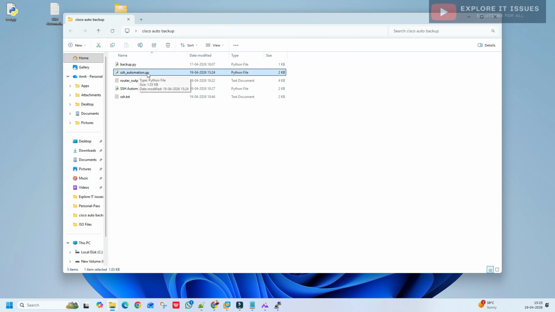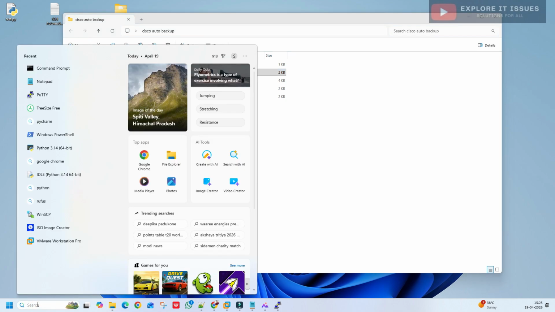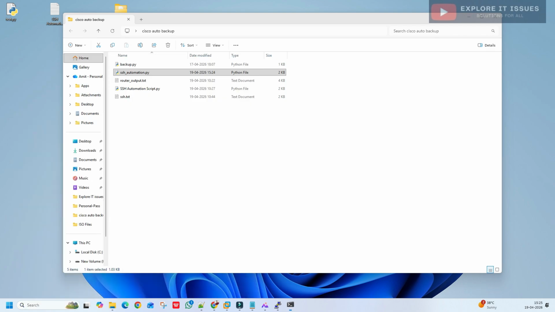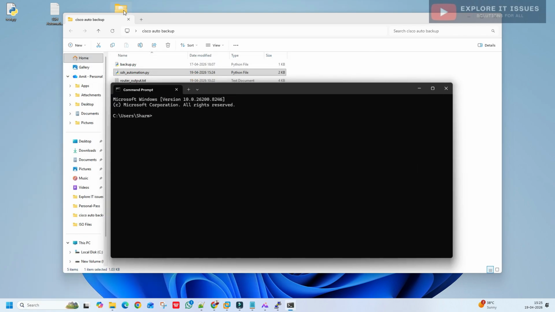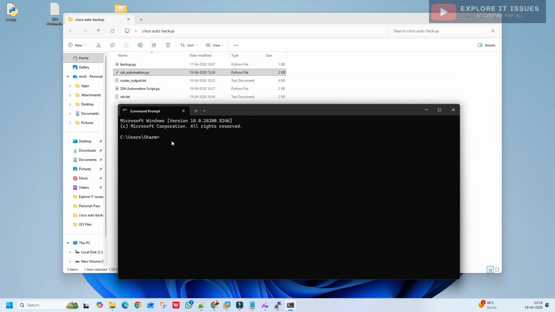Okay, once this is done, the next step is we go to cmd. Open cmd, then go to the same folder directory. Just type cd Desktop, then cd and the Cisco auto backup folder.